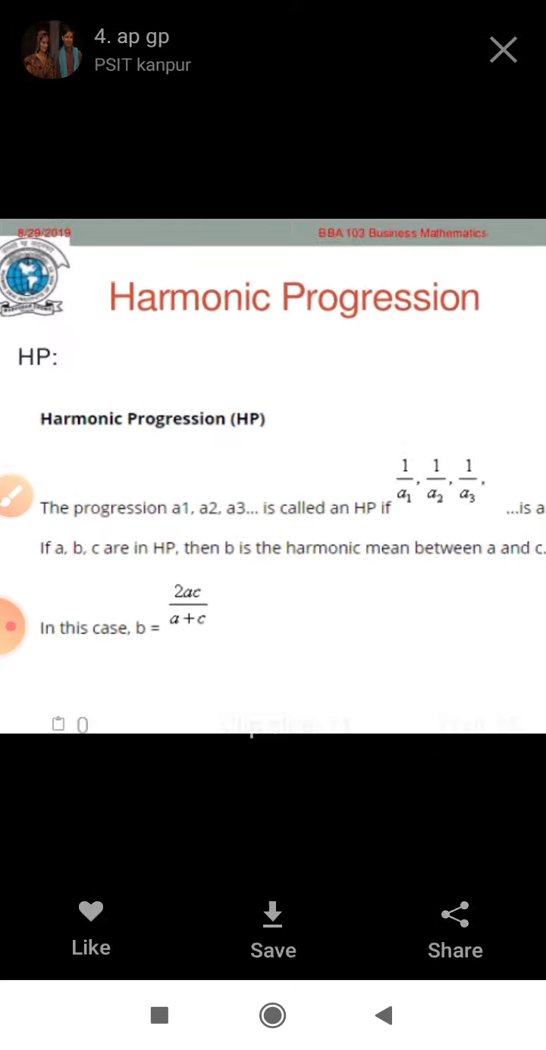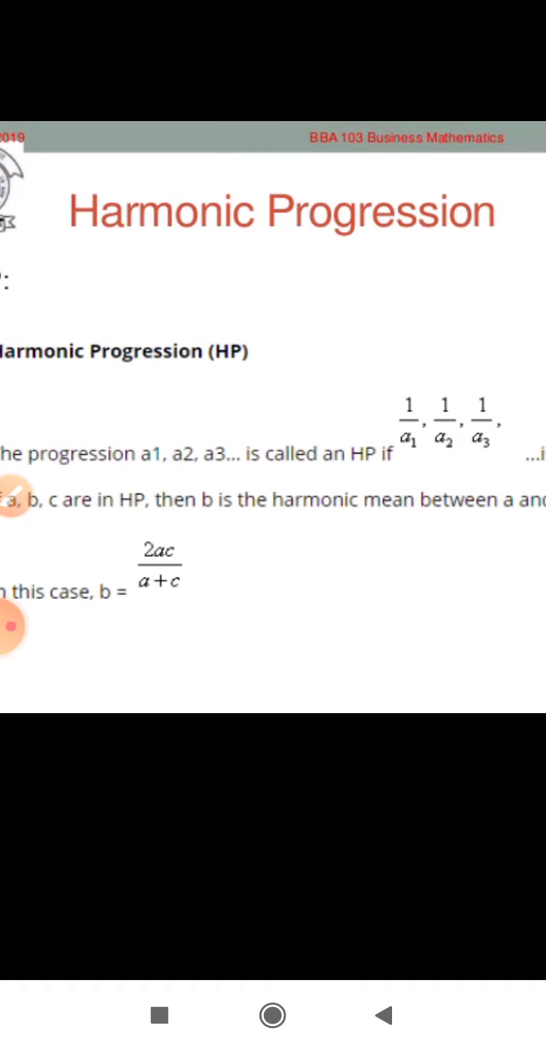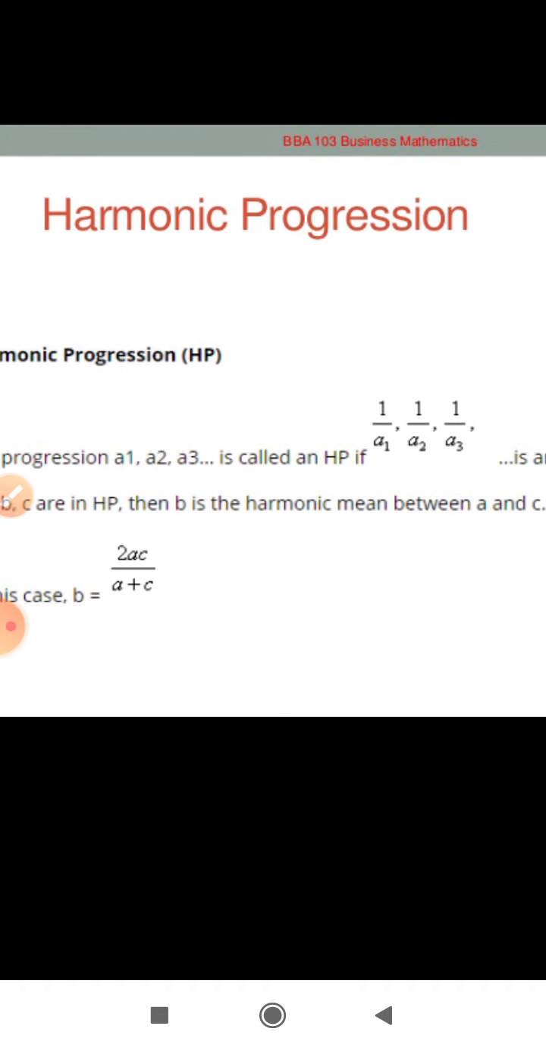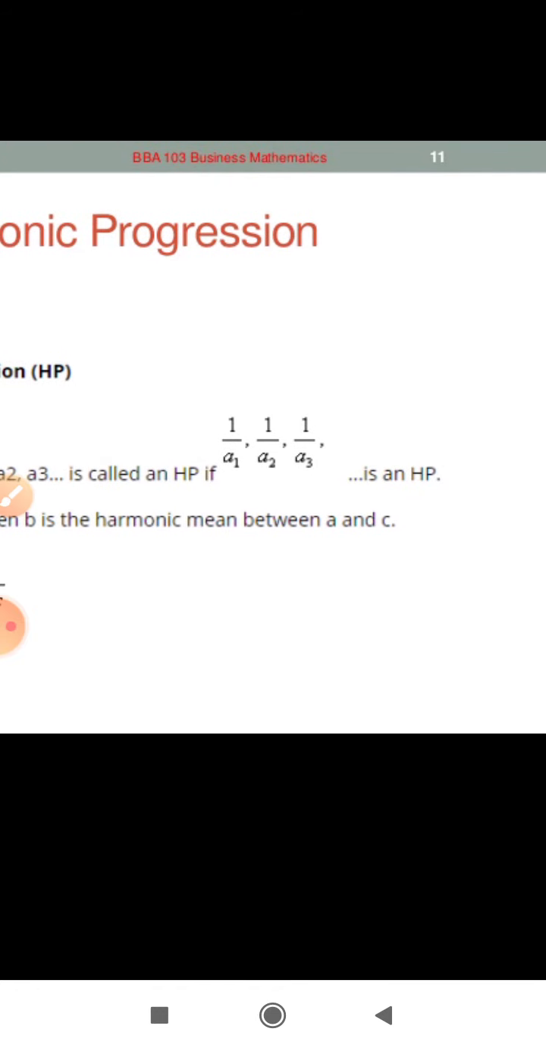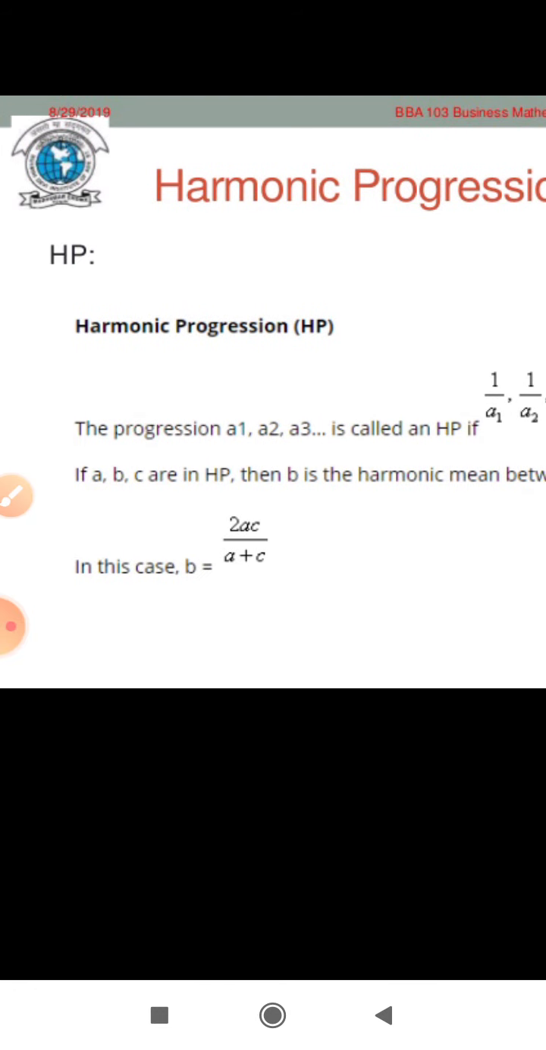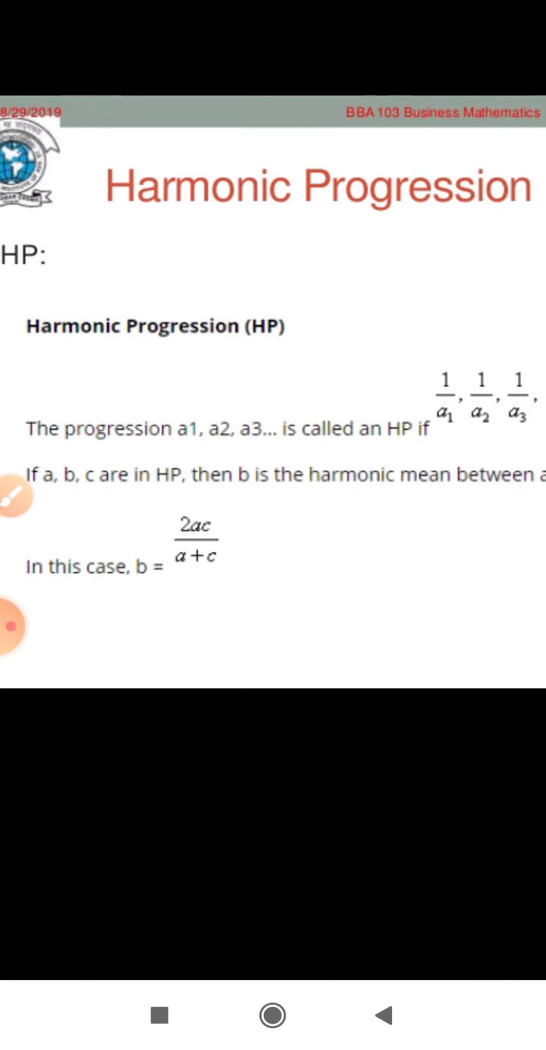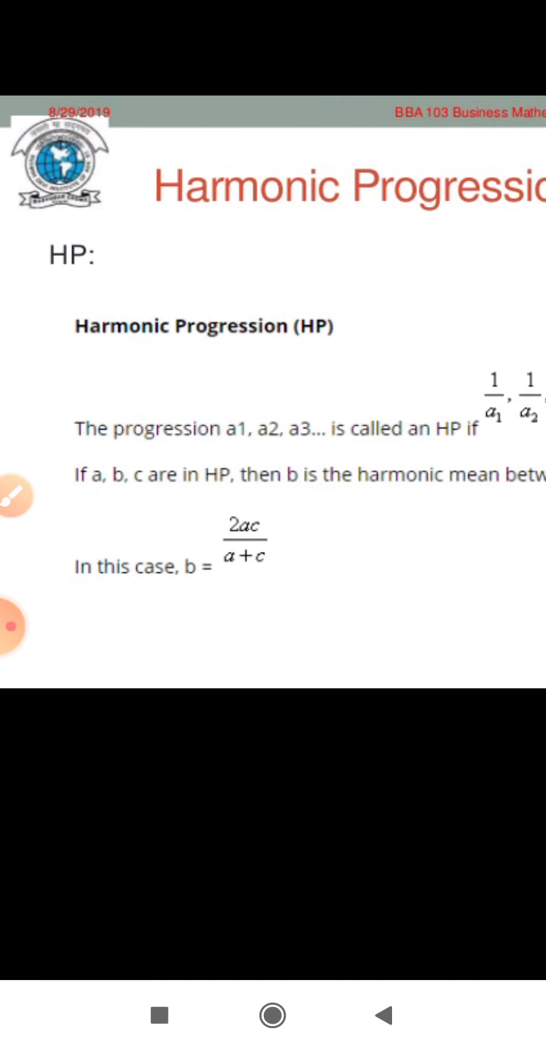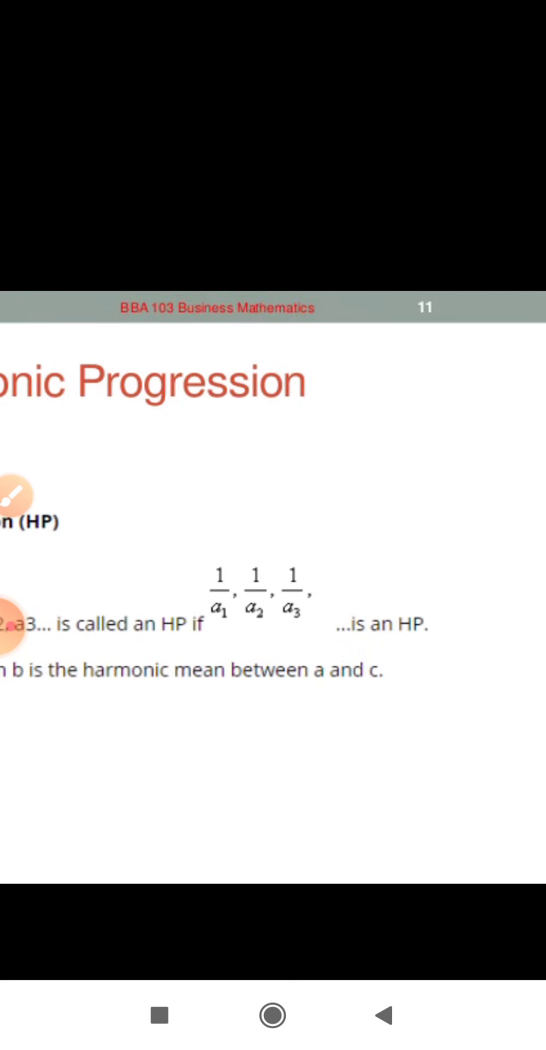Next, harmonic progression. It is just the reciprocal of the arithmetic progression. The progression A1, A2, A3 is called in HP if 1 upon A1, 1 upon A2, 1 upon A3 is in AP. If A, B, C are in HP, then B is the harmonic mean between A and C. In this case B is equal to 2AC upon A plus C. So harmonic progression is just a reciprocal of the arithmetic progression. If A1, A2, A3 dot dot dot AN are in AP, then 1 upon A1, 1 upon A2 dot dot dot 1 upon AN will be in